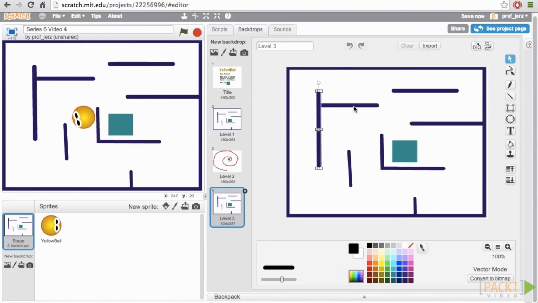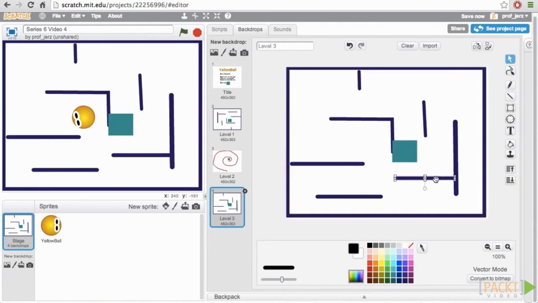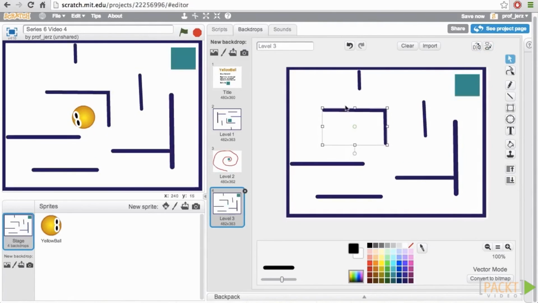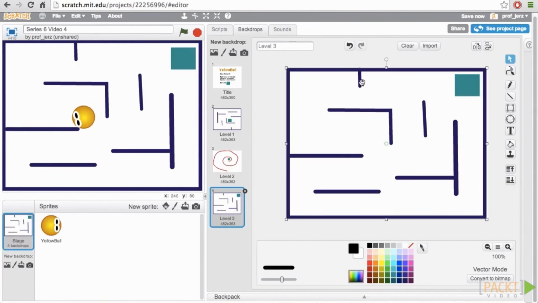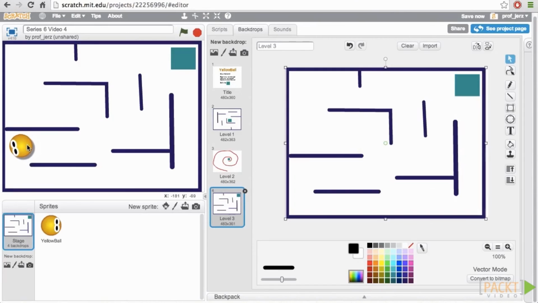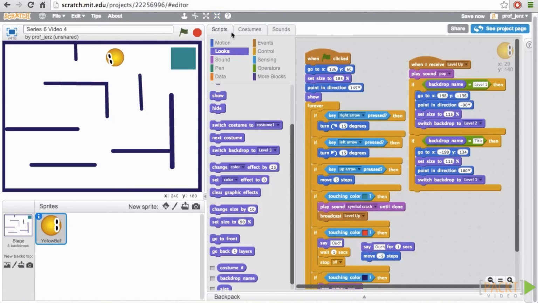I'm going to select these wall items. And now I'm going to hit this flip button. And there we go. I've just flipped it a couple times, moving it around. Feel free to put more effort into your level designs than I'm putting into mine. If I were creating this game for real, I'd of course put the yellow ball character farther away from the target, but since we're practicing now, I'll keep them close, smaller a little bit, and we'll go to the Scripts